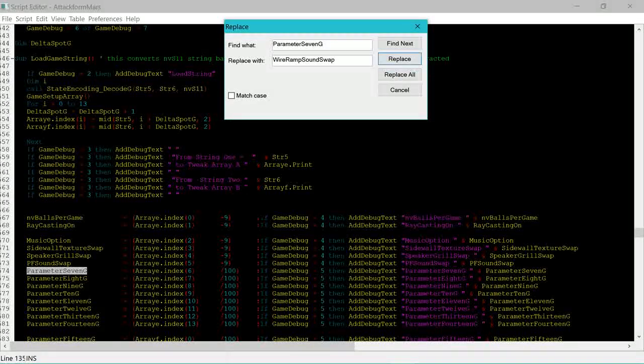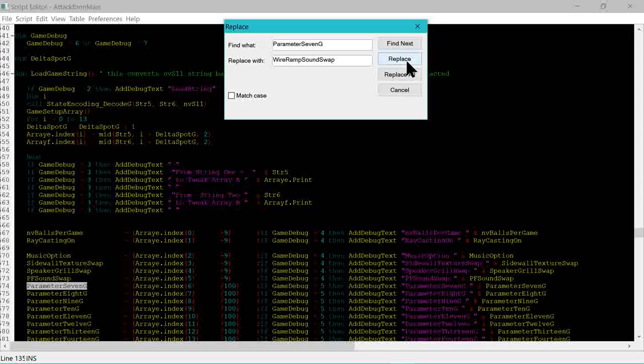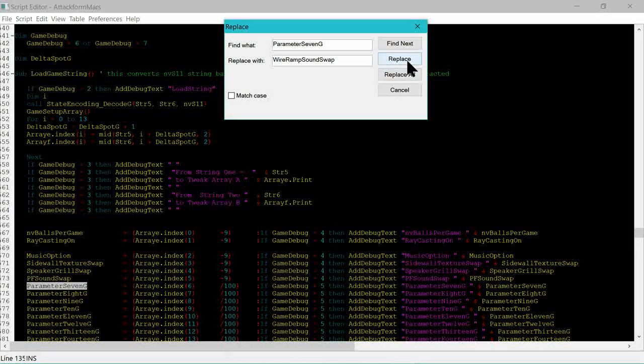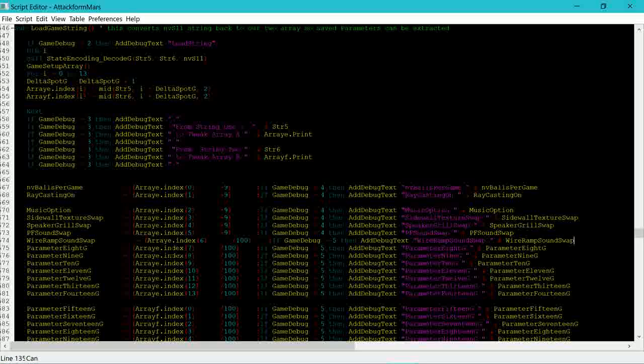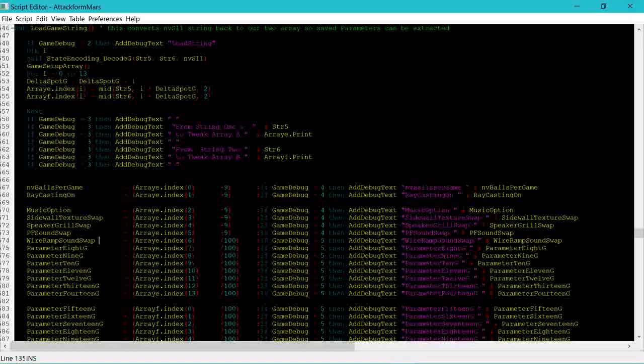We just keep replacing parameter 7G until we don't have anything more to replace. And there we go. Nothing more to replace. This section in here, let me delete a tab out of there so it